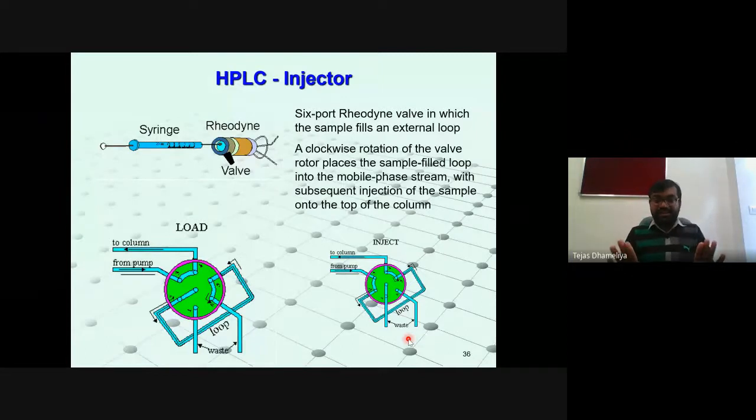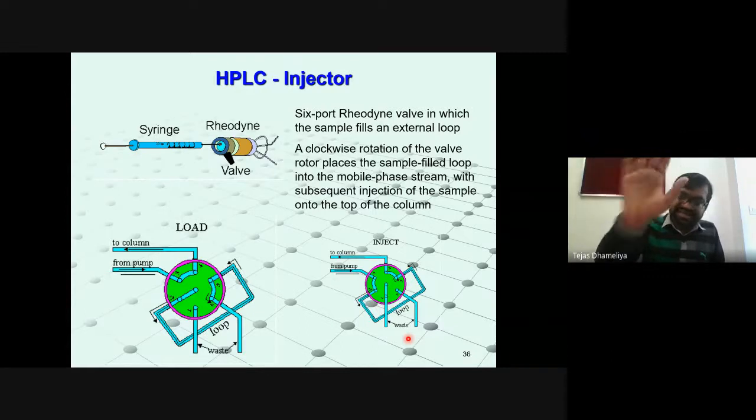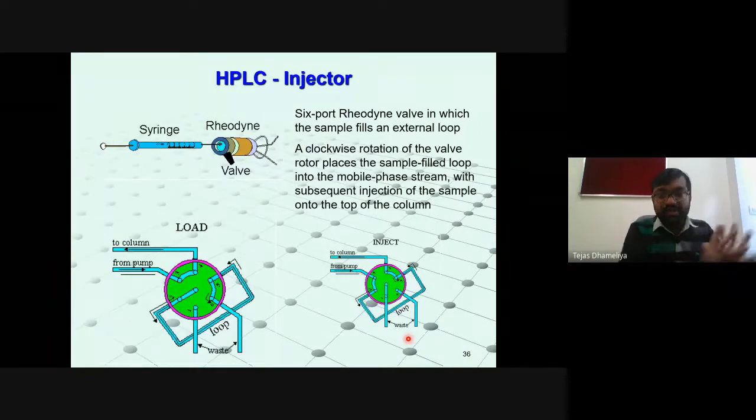I repeat one more time, because maybe you will not understand it the first time. With the help of this valve, we can set two modes of injection. One mode is called load, the other mode is called inject. At the time of load, we load our sample into the injection device at the point of insertion. Then we shift to inject mode so that we can inject the loaded sample towards the column. Separation happens only when your sample passes through the column; before that, separation cannot happen.